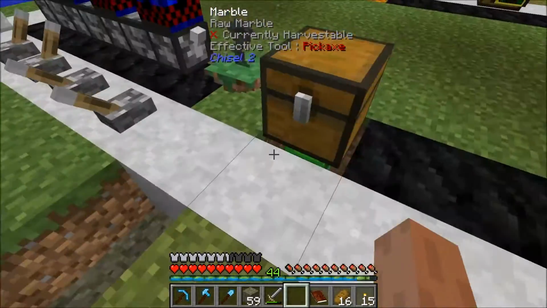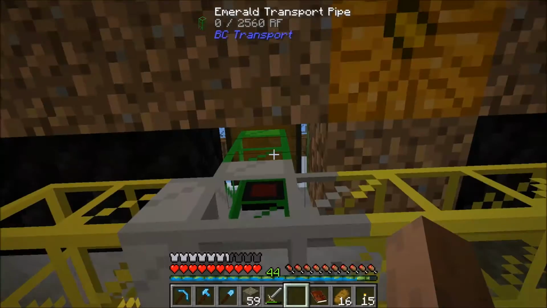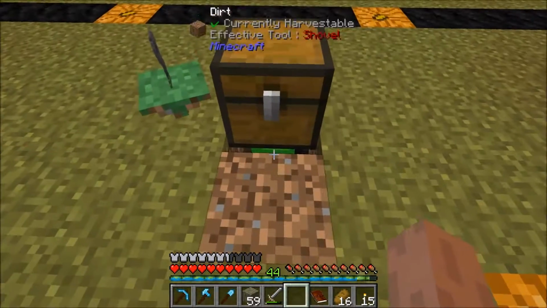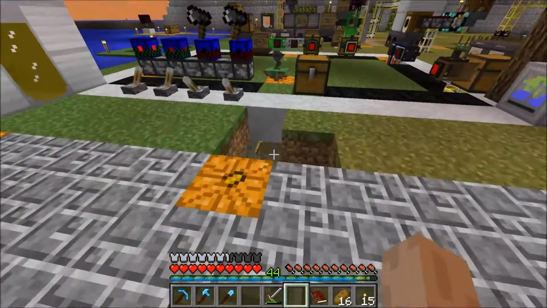Okay, am I like completely losing it here? Is there something I'm missing? Emerald transport pipe. Yep, there's something I'm missing. Every time I place one of these, blacklist. Look at him go. Alright, so now...